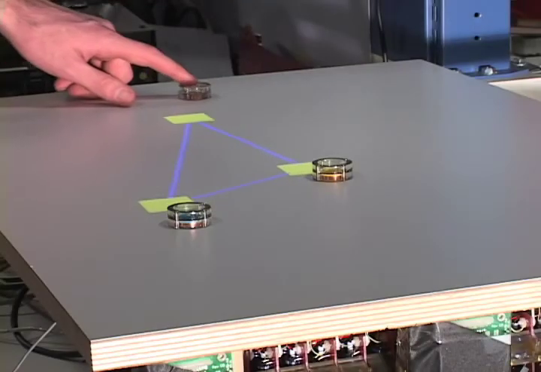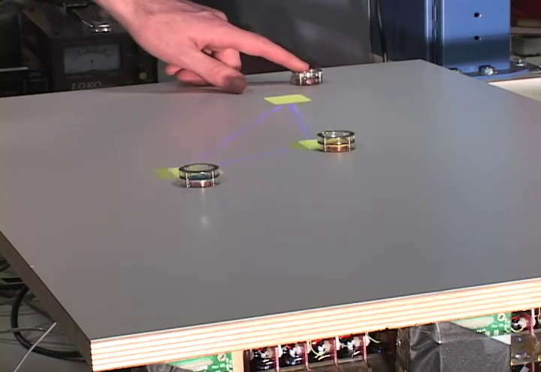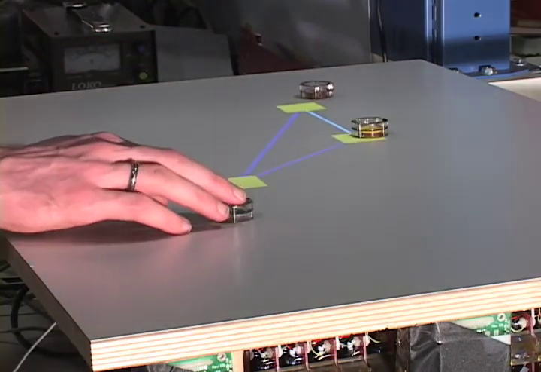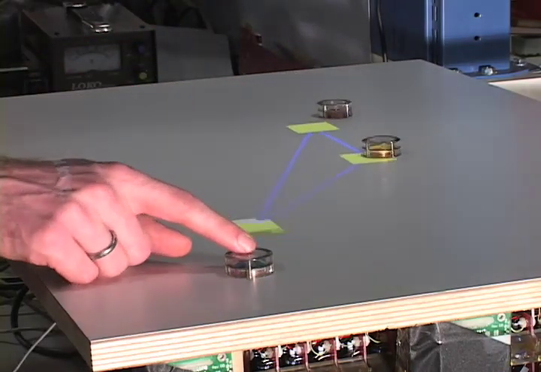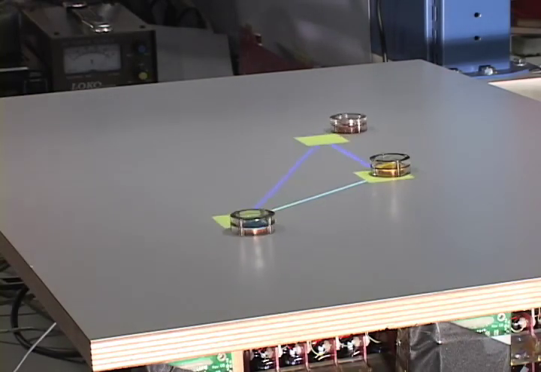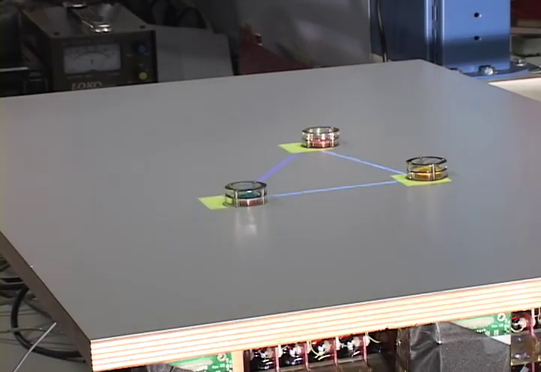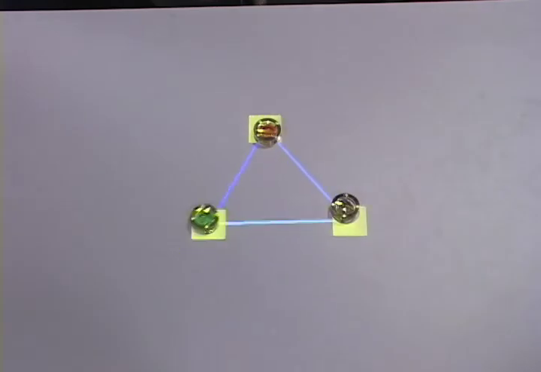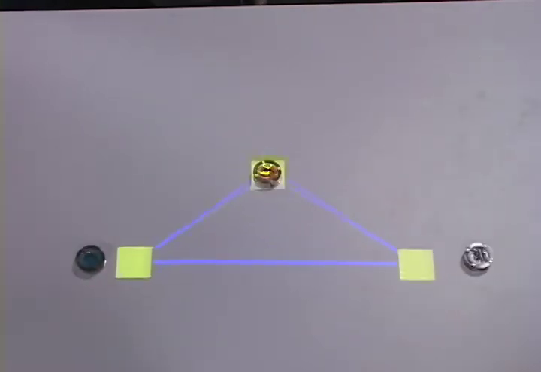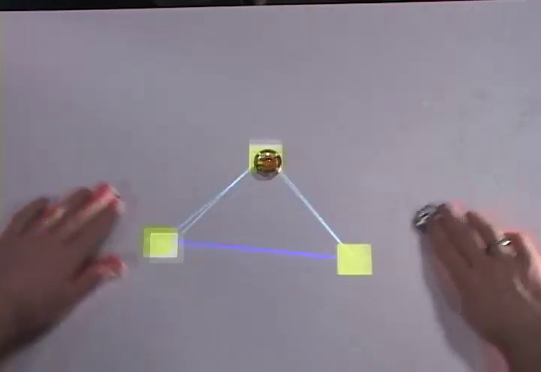PICO is an interactive tabletop surface that can track the positions of specially tagged pucks on top of it. Using an array of electromagnets, it can also move these pucks under software control. We developed PICO to explore the idea of mechanical constraints as a new way to interact with computers during problem-solving